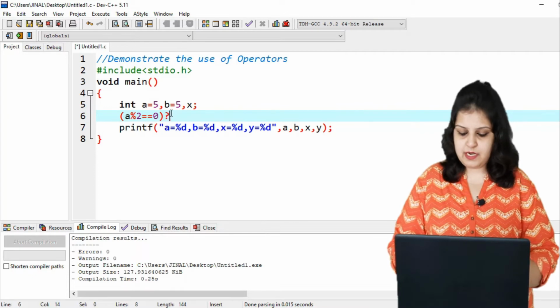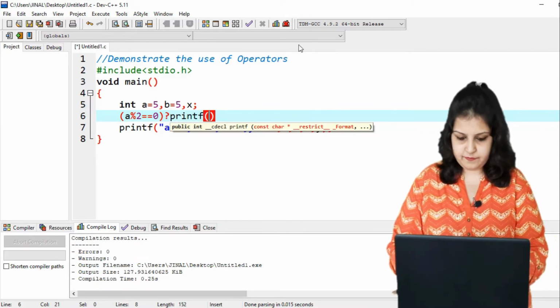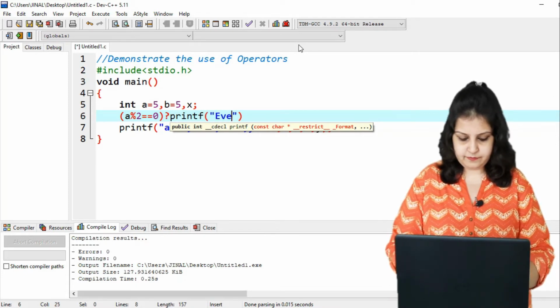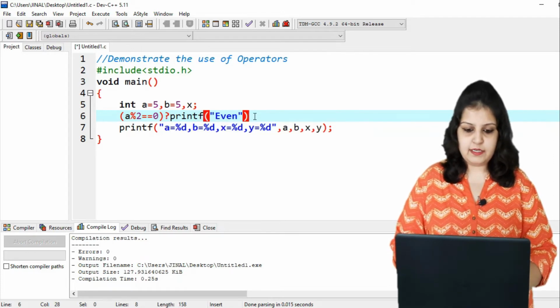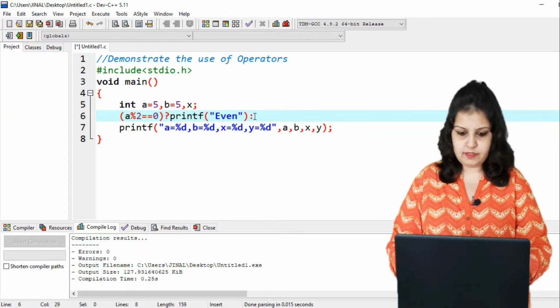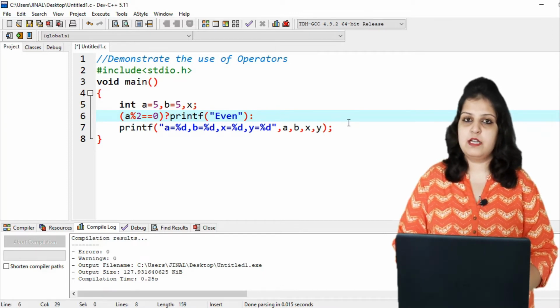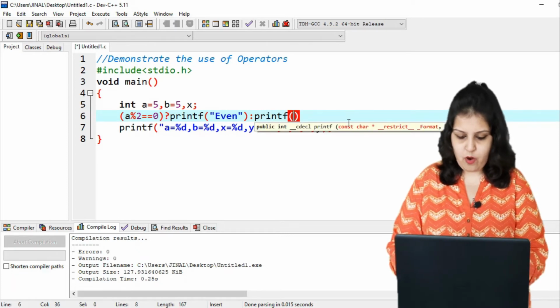So question mark and write the true part, that printf even. I am writing in short form, and after the colon we have to write our false part, because if this condition is false, then we have to print it is odd.